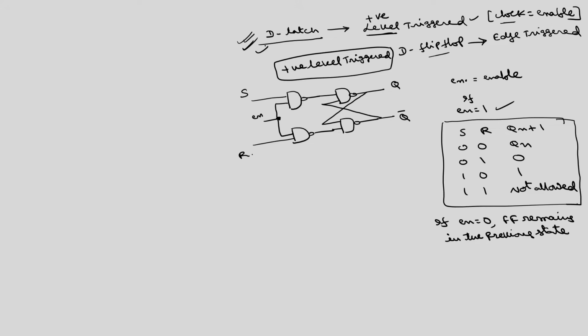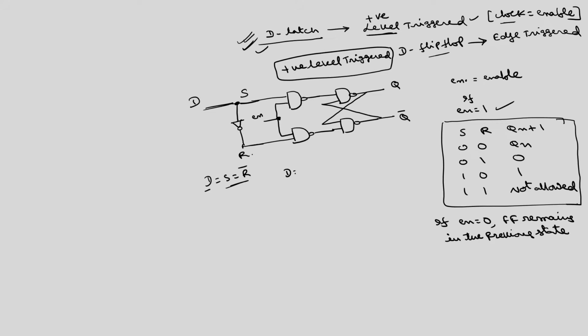Now, to obtain the D latch, between S and R, it can be JK or it can be SR, if I connect a NOT gate between these two, you can call this the D input. So, D is equal to S is equal to R bar. In the earlier slide we discussed the derivation of the D flip flop or D latch from the JK flip flop. Now, this is from the SR flip flop, the construction of the D latch from the SR flip flop.